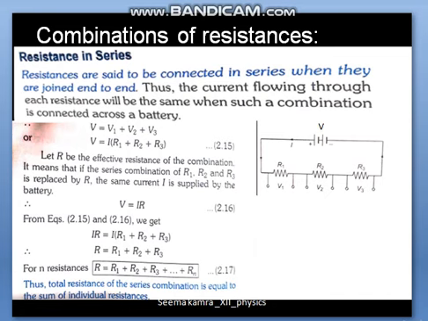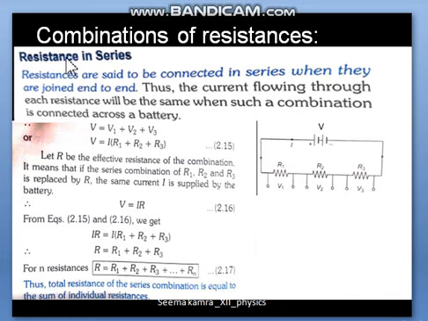Students, in our unit number 2, we have to understand the series and parallel combination of resistances. Now this topic is already done in class 10th. Now it is just a revision here. So we will be revising how to calculate the equivalent resistance in series and parallel. And an important thing is how we will be solving the difficult networks of resistances. So let us understand the theoretical part first, and then we will practice some numericals.